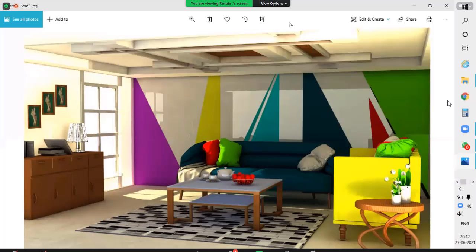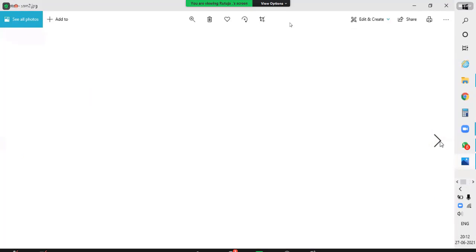Yeah, this is one picture, and you can show me some other pictures from your project. So you just show me. We can see the rendering.